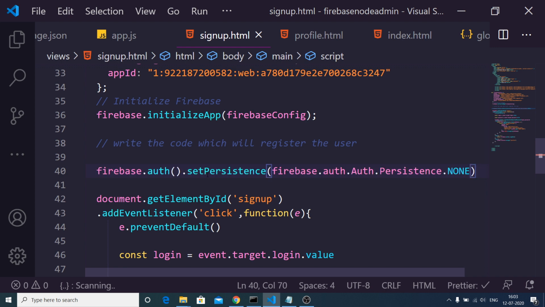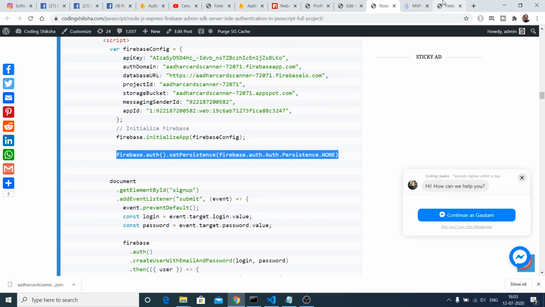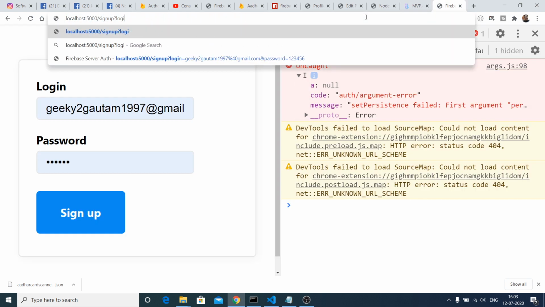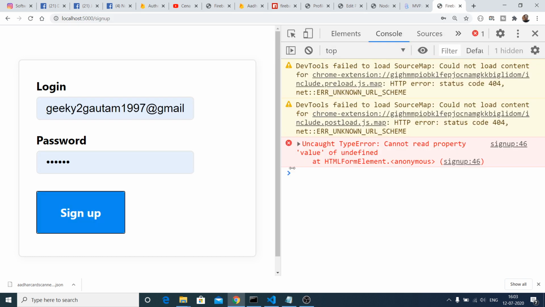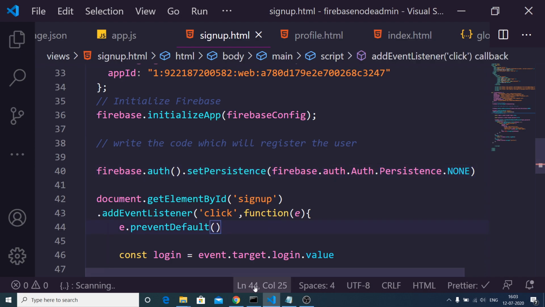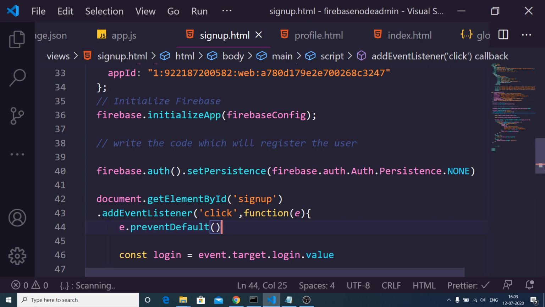So if I paste this line once again and go to the route here, it is saying cannot read property value of undefined.